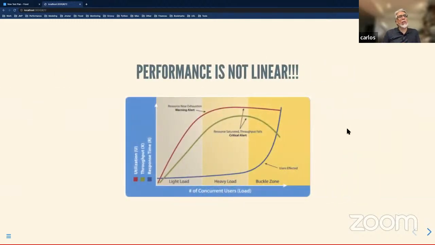Okay, this is another important idea in terms of performance testing. And this is very counterintuitive because we, as humans, tend to think that everything is linear. Unfortunately, computers are not. So what we are trying to say in this graph is that we have three phases in this case: a light load, a heavy load, and a buckle zone, meaning that in the light load, as we increase the number of users, we're going to see